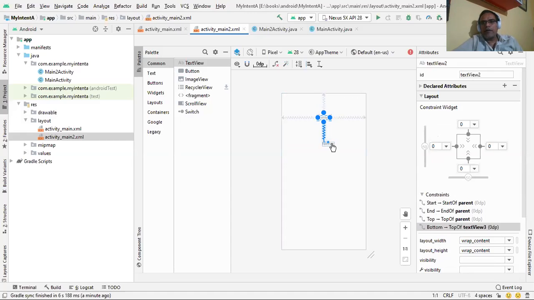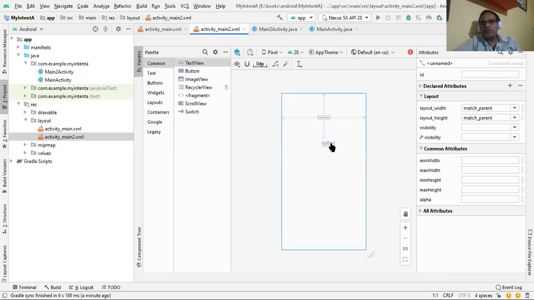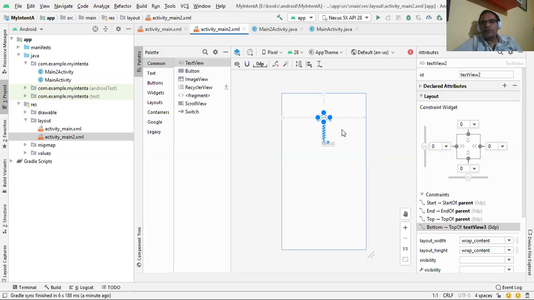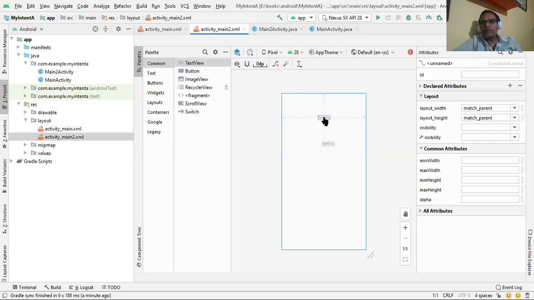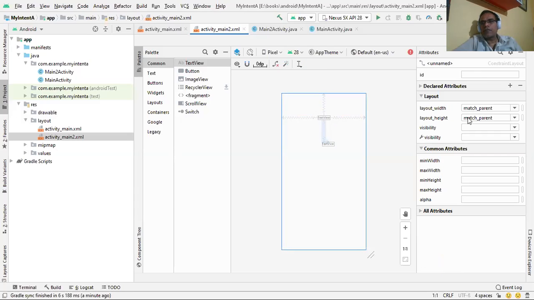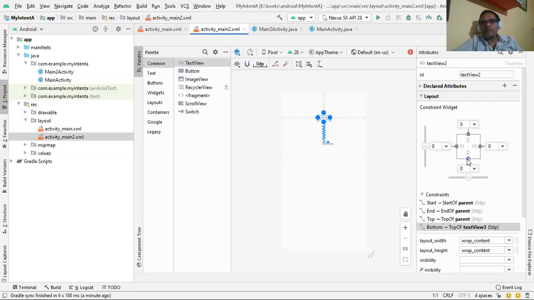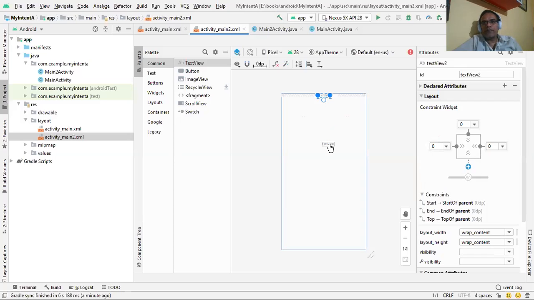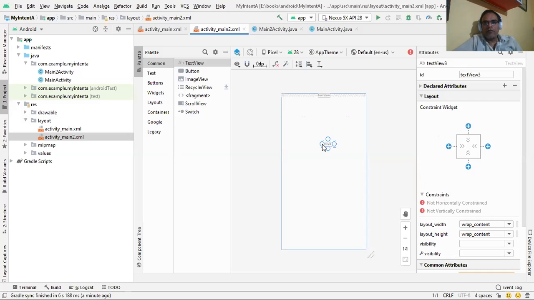Okay, and then for the second text view, again we use constraints here. Again we apply constraints for this control.